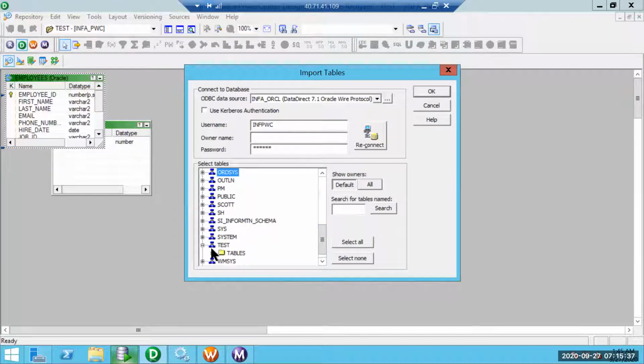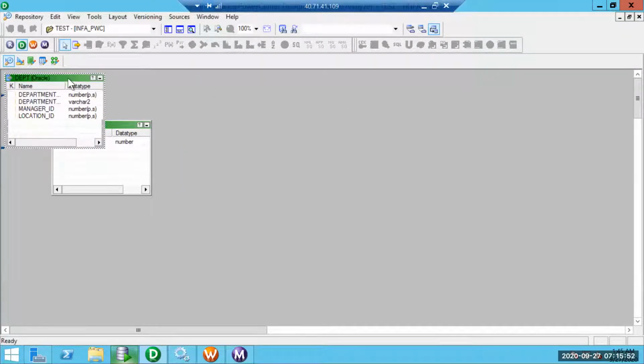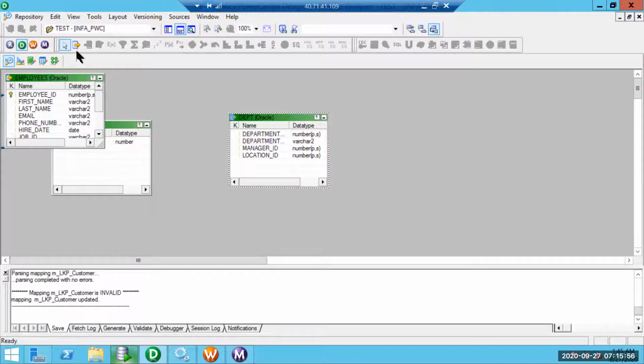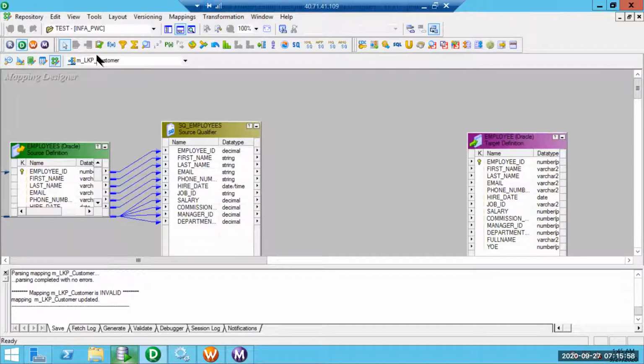The best example I can think of is that in the previous session, we saw that corresponding to department ID 10, there were two entries. However, if we configure an unconnected transformation, it can only return either of them. It cannot return both of the records.